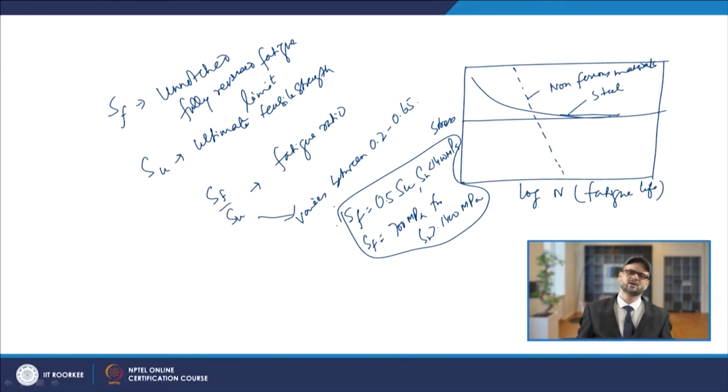This is detrimental when it is tensile and beneficial when it is compressive. In the normal case, if your SM is tensile, then it is detrimental,